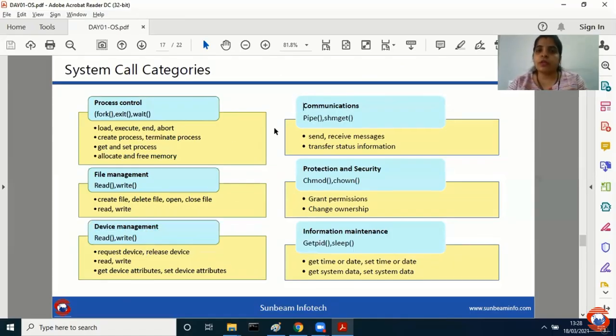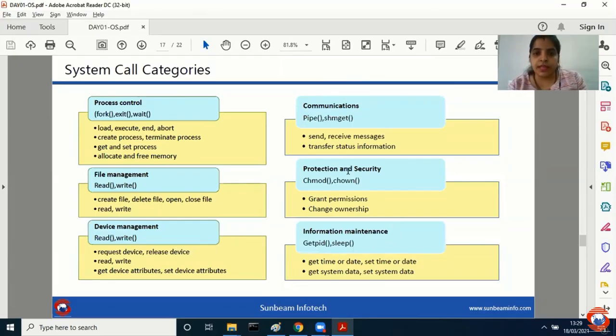Next, you try to communicate with the processes. You try to communicate over the network. So there may be a requirement where one process wishes to communicate with another process. We will see something called inter-process communication, and how inter-process communication takes place. It is with the help of shared memory and shared region. These are the two approaches. So when the processes wish to communicate with each other, we go for communication. So the system call category is communication.